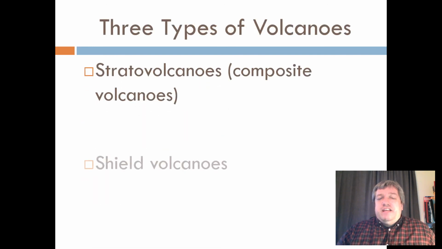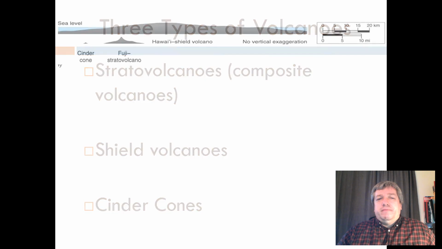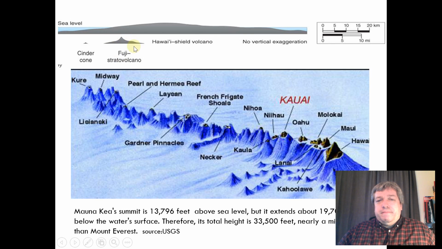And then as for volcanoes that are erupting, three types. And we're going to go into these in detail: stratovolcanoes, which is probably what you picture in your mind when I say volcano, shield volcanoes, and cinder cones. So if you look at them in a cross section, you can see right here that a shield volcano is very low and broad, almost like a shield, whereas a stratovolcano, Mount Fuji is the one that we think of, is that very tall, triangular peak.